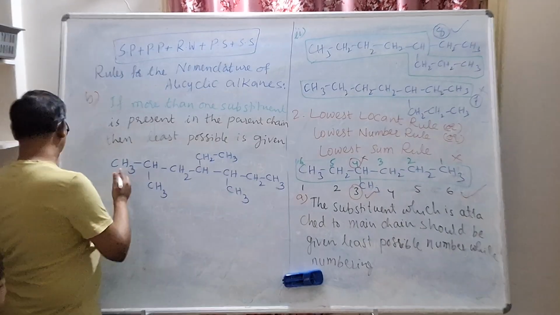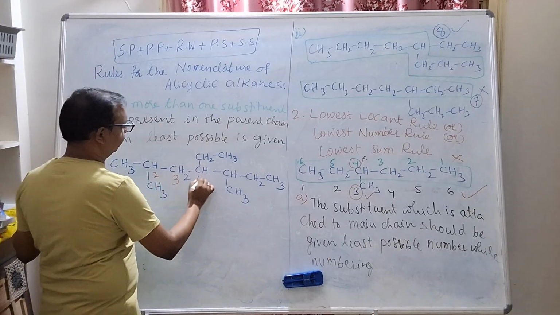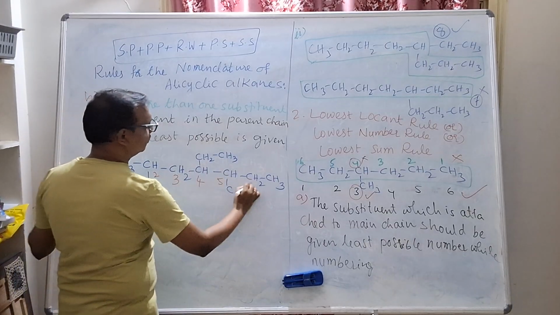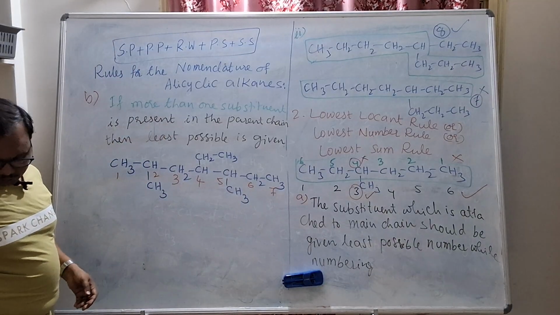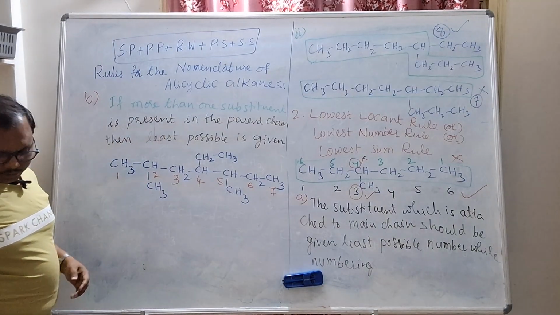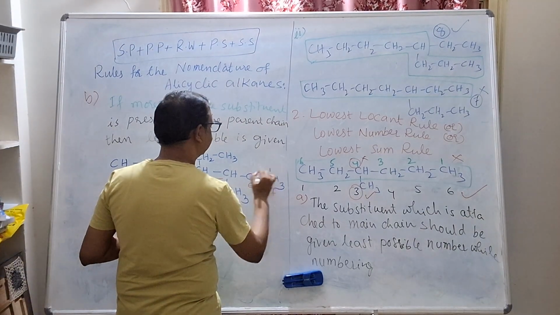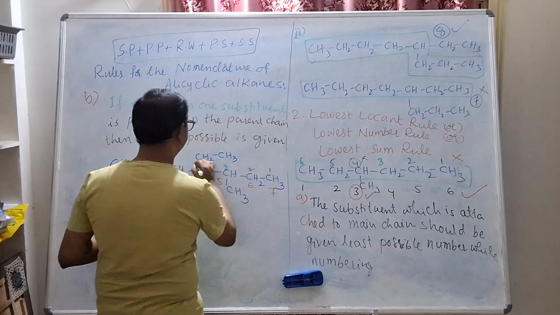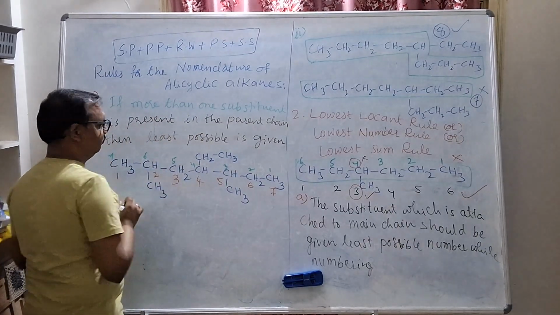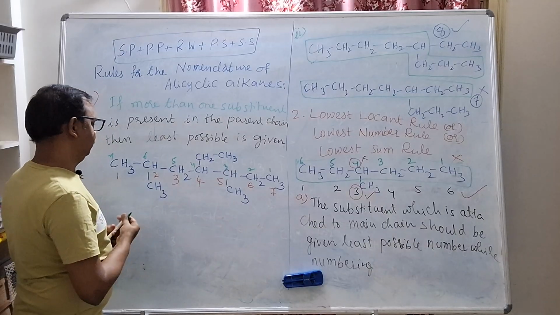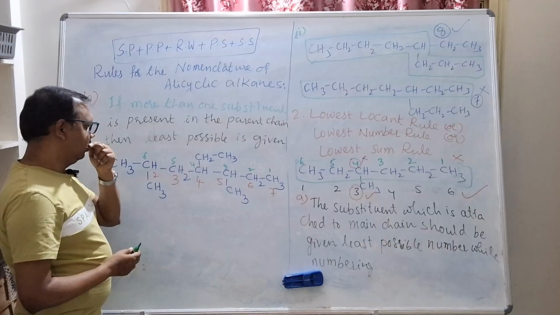number 1, 2, 3, from left to right if you give 4, 5, 6, 7. And from right to left, what you can write here? Right to left can be given like this. Number 1, 2, 3, 4, 5, 6, 7. Okay? Yeah, you can observe here